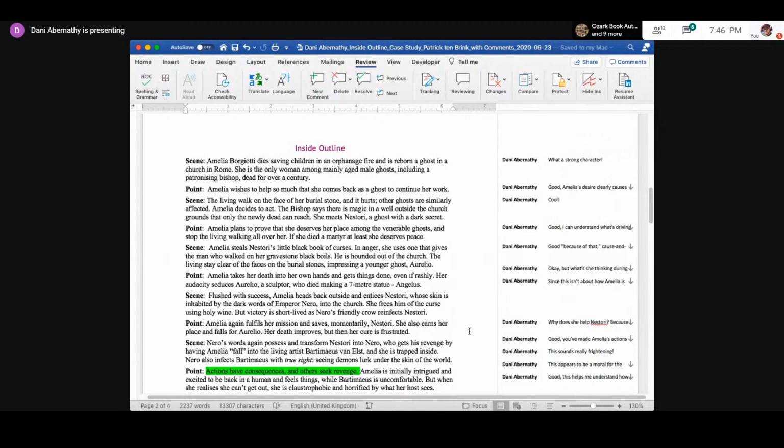Okay, good. And then Jabu's character arc is about finding his place between his humanity and his draw to the forest and his actual connection to the forest. So you can see how Jabu's character arc is drawn from the point and reflects the point. Amelia's character arc is maybe loosely related. She has this compulsion to help people, which I assume has something to do with the unfinished work she has in life, but we don't really see that play through this Inset Outline. And at the end, this last scene,